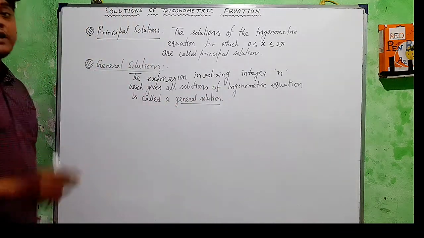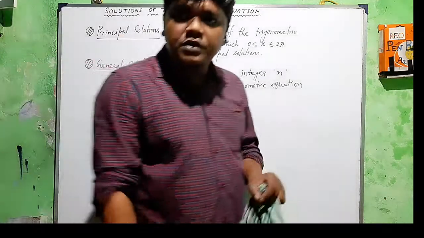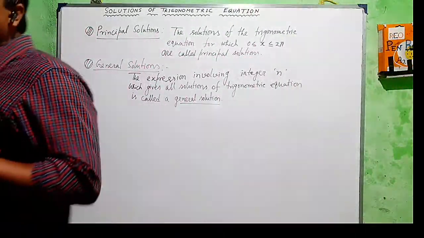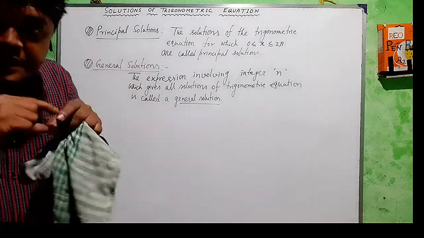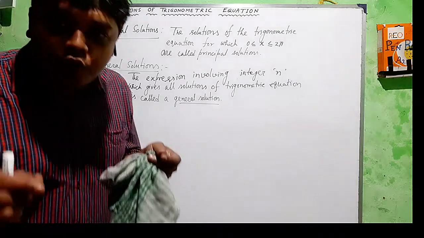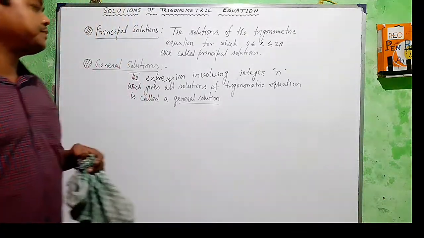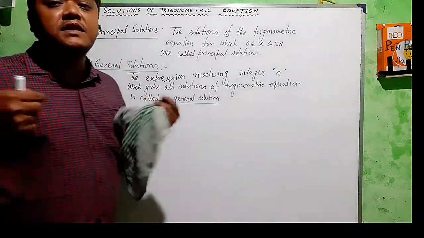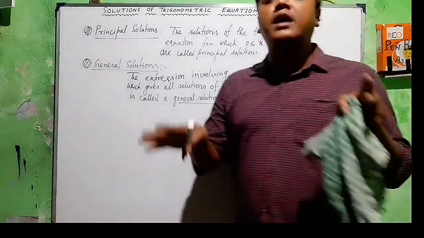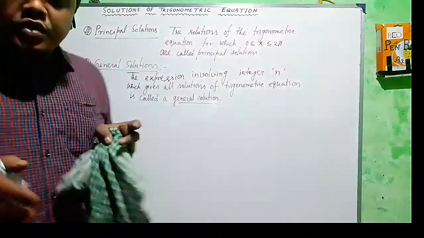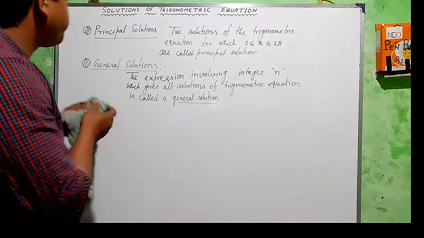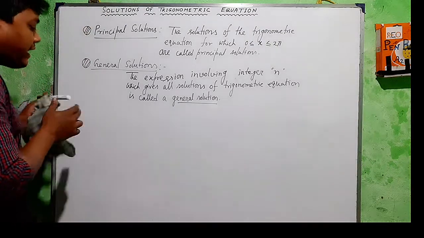তাহলে পার্টিকুলার সলিউশন যে সলিউশনগুলো 0 থেকে 2 পাই এর মধ্যে থাকবে সেগুলোকে বলবো আমরা পার্টিকুলার সলিউশন। জেনারেল সলিউশন মানে কি, কোন ত্রিগোনোমেট্রিক ইকুয়েশনের সমস্ত রকম সলিউশন যে এক্সপ্রেশনটা কন্টেইন করে থাকবে সেই সলিউশনটাকে আমরা বলবো জেনারেল সলিউশন। তো এখন আমরা কিছু প্রবলেম, কিছু এক্সাম্পল সলভ করব, যে এক্সাম্পলগুলো দিয়ে আরো ক্লিয়ার হবে কোনটা প্রিন্সিপাল সলিউশন কোনটা জেনারেল সলিউশন, সেগুলো নিয়ে আমরা আলোচনা করব এবং কিছু কিছু প্রবলেম সলভ করার চেষ্টা করব।